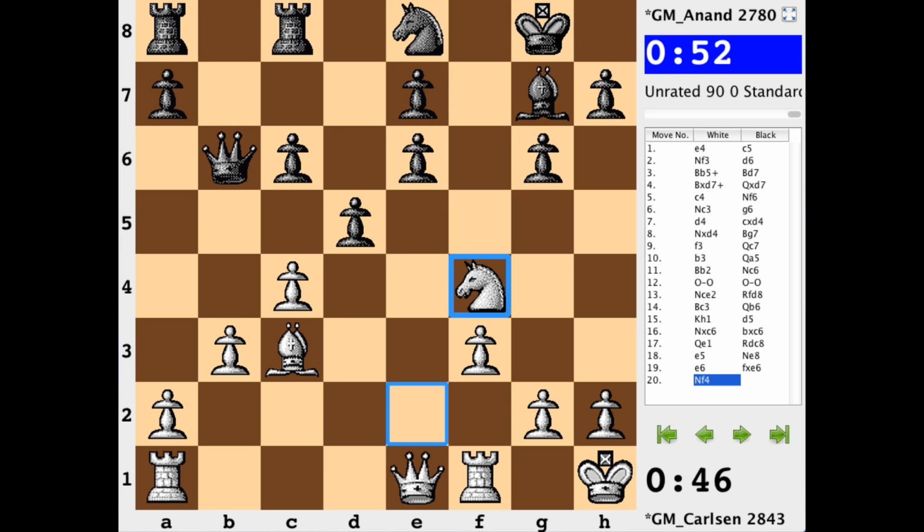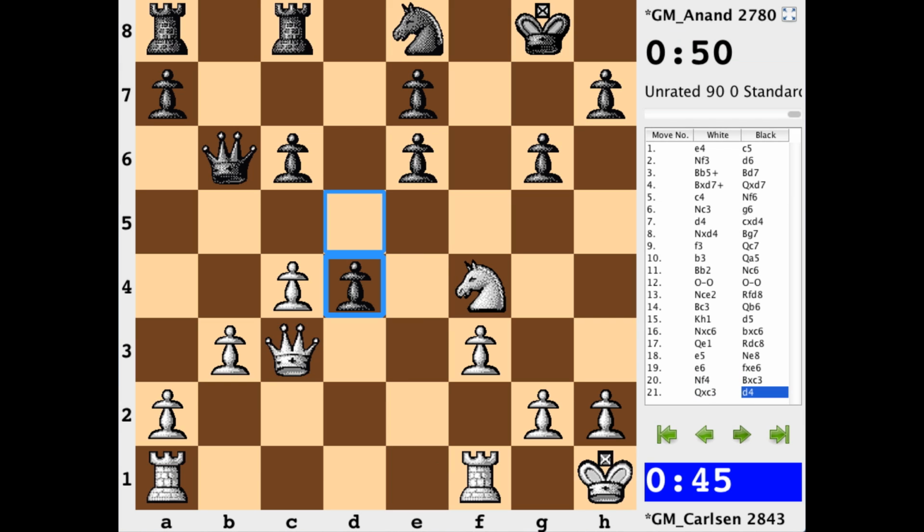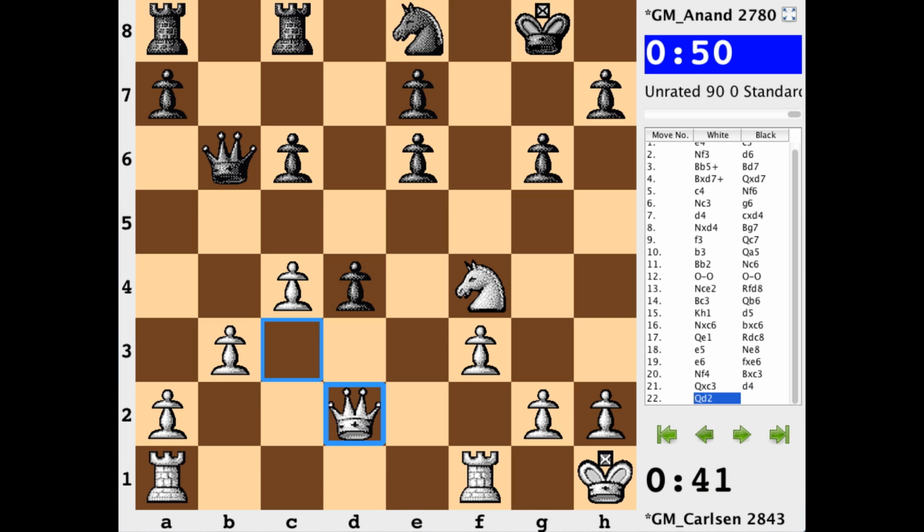Knight f4, pressure on e6 twice, and bishop takes, queen takes, d4. This is a passed pawn, and this should have some of your attention right now, just a few steps away, but he's not really going to pose any serious threat right now. Okay, hitting the queen. She bumps back to d2.